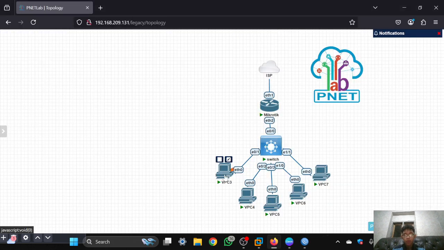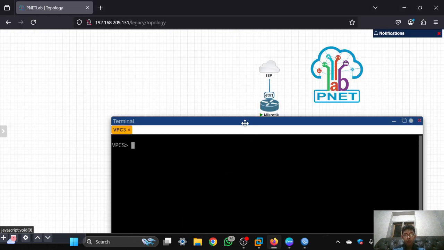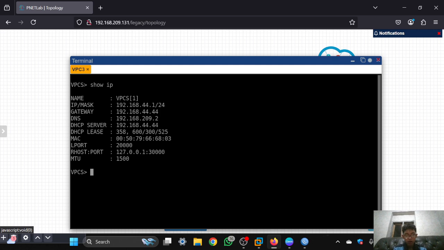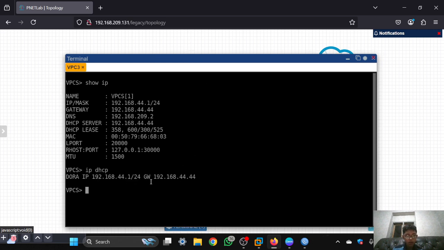Then you can open the virtual PC and type show IP, then IP DHCP, click enter. It will get the IP, and then you can try to ping, but it will not connect to the internet because the NAT hasn't been set.